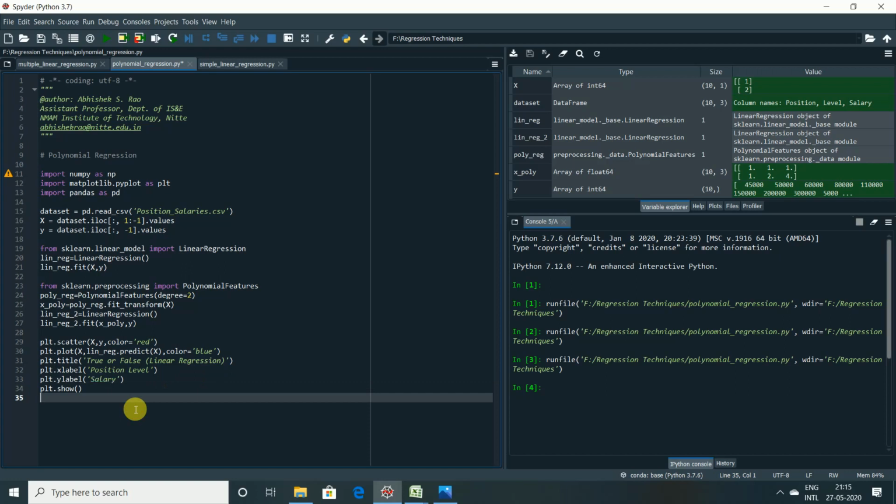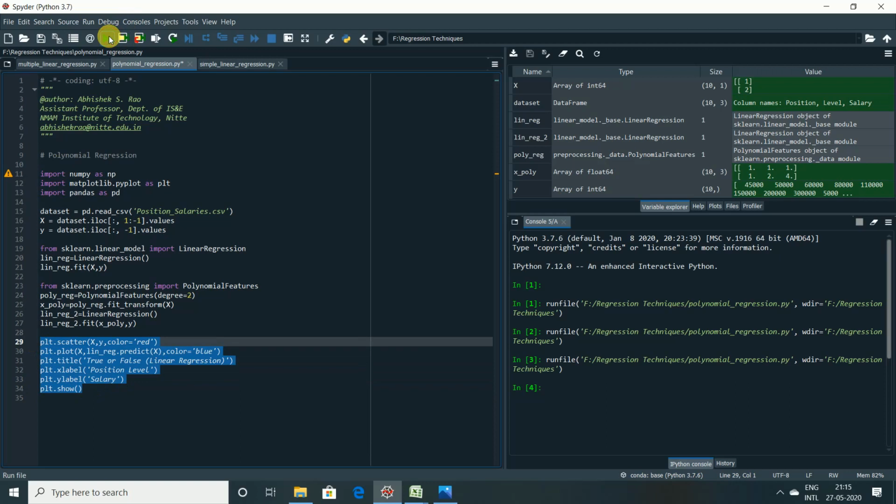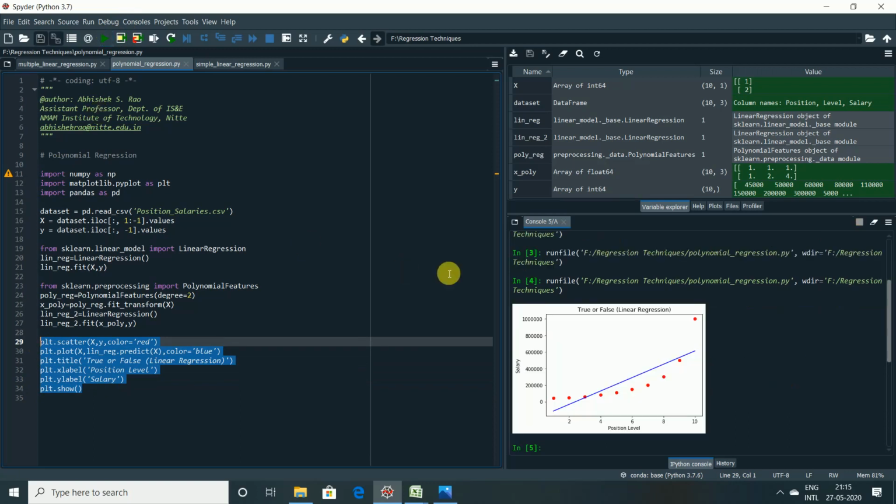Now let me see whether we can see in the graph that the linear regression model will adapt to this data set or not. If it doesn't adapt, then we have a reason, a motive, that polynomial features may give us better results, correct? Let me plot this first. Look at the output, guys.